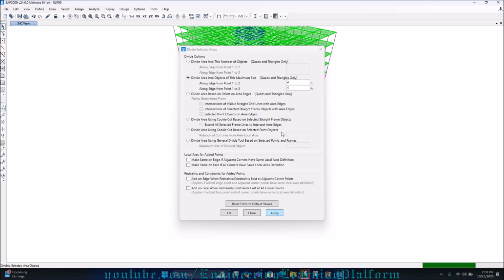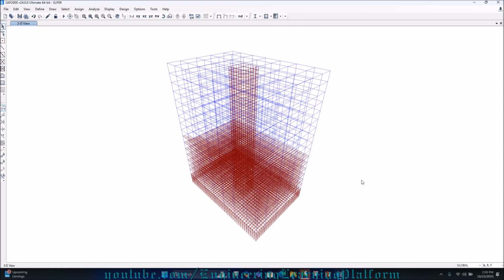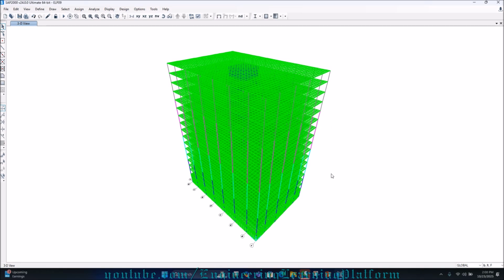See, it's taking time. If you keep it 1 by 1 feet, it will keep on running, and your model will be quite heavy. Okay, so see, we have also meshed our slab as well. That's a good thing. Now what next we need to do is